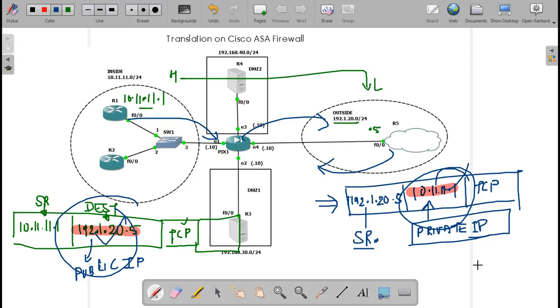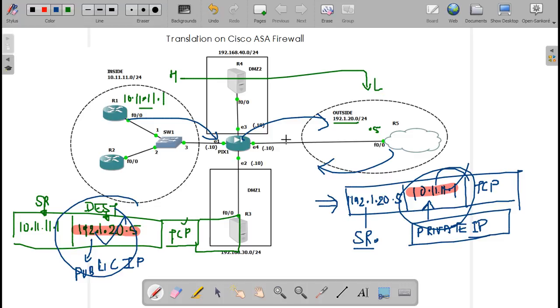So one thing, sir. In the previous scenarios, where the routers were there, we were getting the reply, the TCP-based reply. What was that, sir? That was just for demonstration purposes, to show how the traffic goes through the firewall.